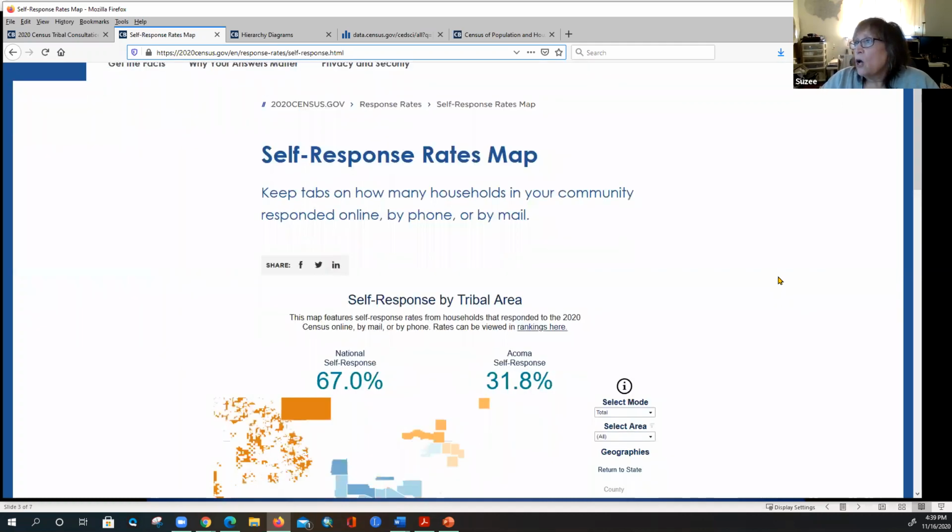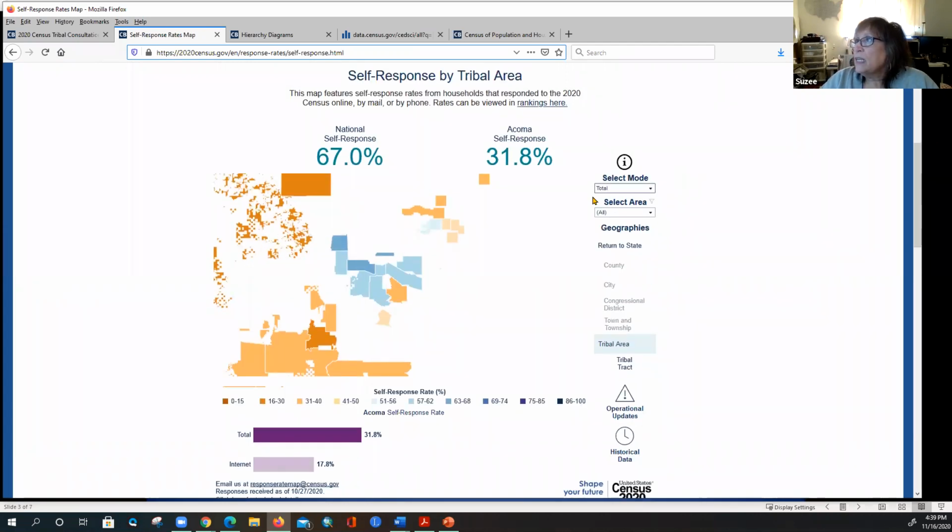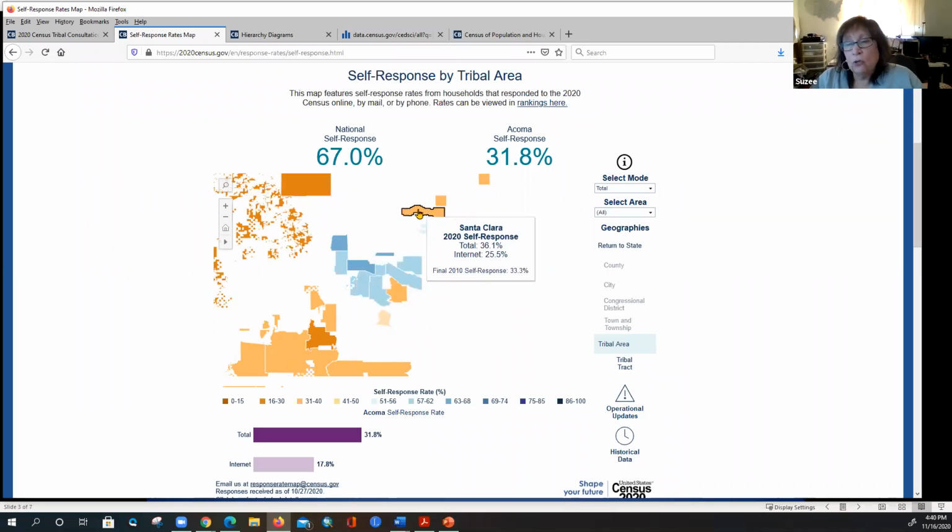As you scroll down, you'll see they have some drop down menus where you can make different selections. If you don't, it defaults to a total or an internet response. Then you choose what areas you want to look at. I have it on all, so that as I move my cursor over the screen,